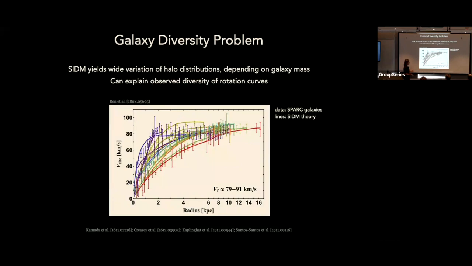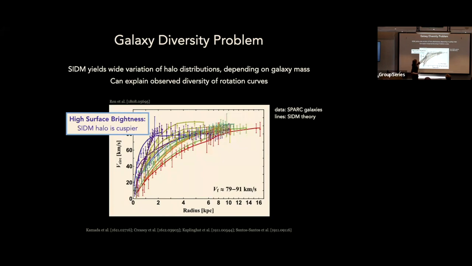By diversity of galaxies, what I mean is the observation of rotation curves in systems of essentially the same size. When you look at them, so this is circular velocity as a function of radius, the steepness of the rise in the rotation curve varies quite a bit over the different galaxies that are sampled. So even though they all end up at the same asymptotic value, how fast they get there changes. And why this occurs is sort of an open question, like why you end up seeing that diversity in galaxies. The SIDM explanation gives you a mechanism to be able to do this.